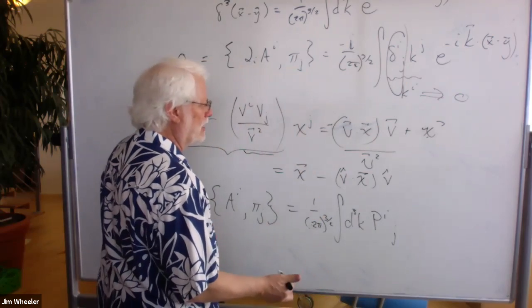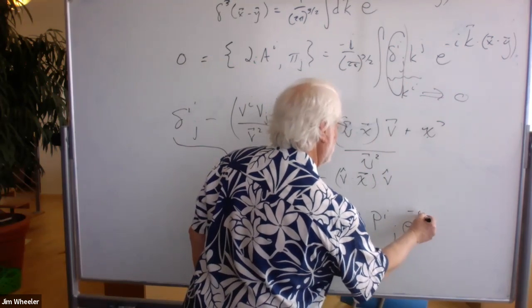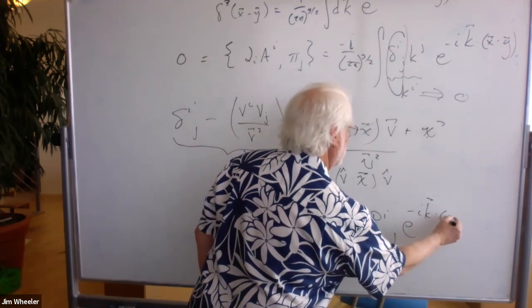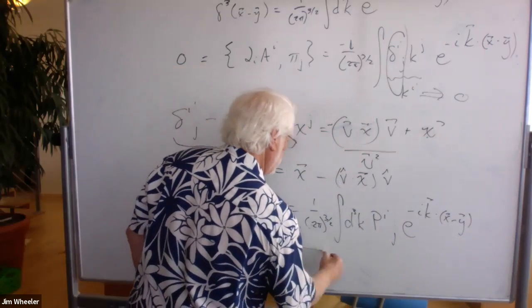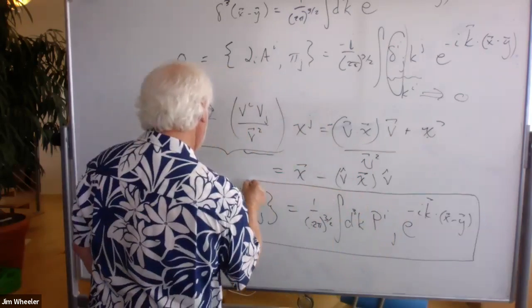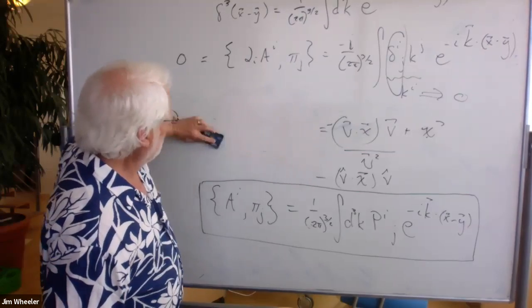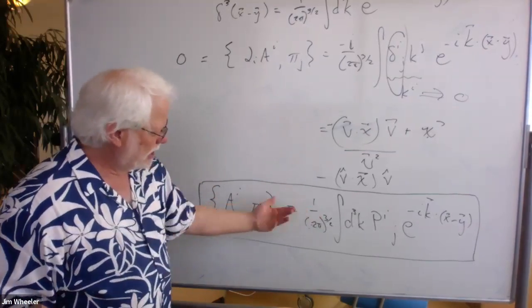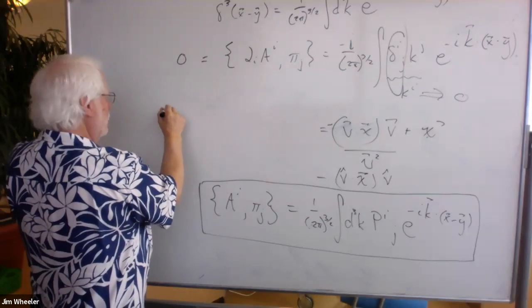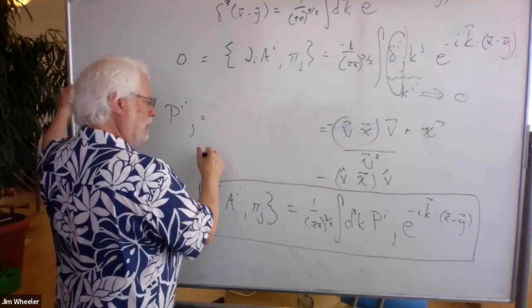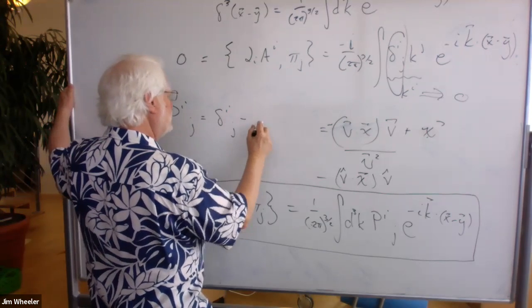That's the projection orthogonal to k. I'll write it in a second. Then our delta function, e to the minus i k dot (x minus y). So there we have a suitable set of Poisson brackets that satisfy the gauge conditions that we've imposed, where here P_ij is simply Kronecker delta_ij minus